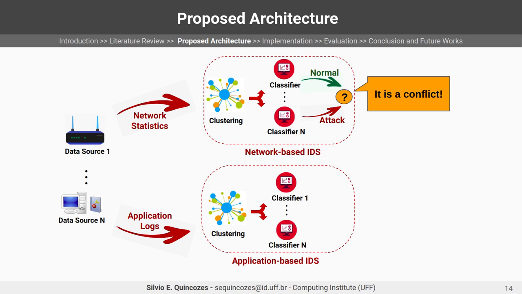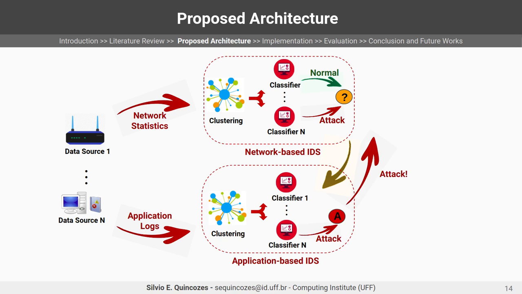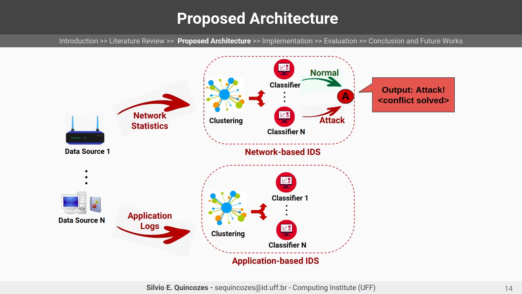So detection node number 1, the network-based IDS, will ask for advice from the second one, and this detector node, based on its analysis, will respond to this request